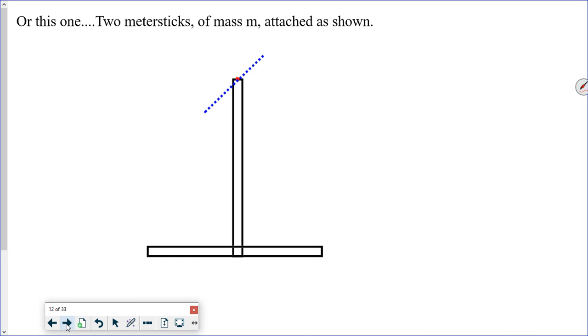It is very common to run into problems like this, where they give you some crazy contraption that looks like this. So here we've got 2 meter sticks that are attached, and they're being rotated about this axis that runs through this. So if this guy has a length of L, well, we just discovered that I for that